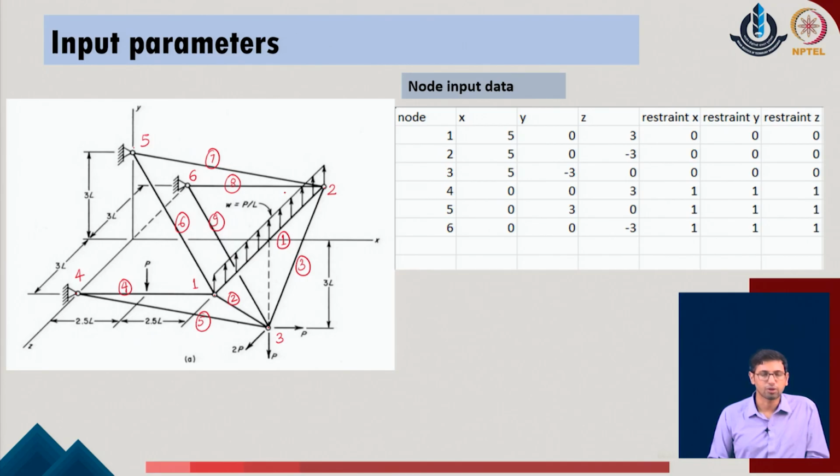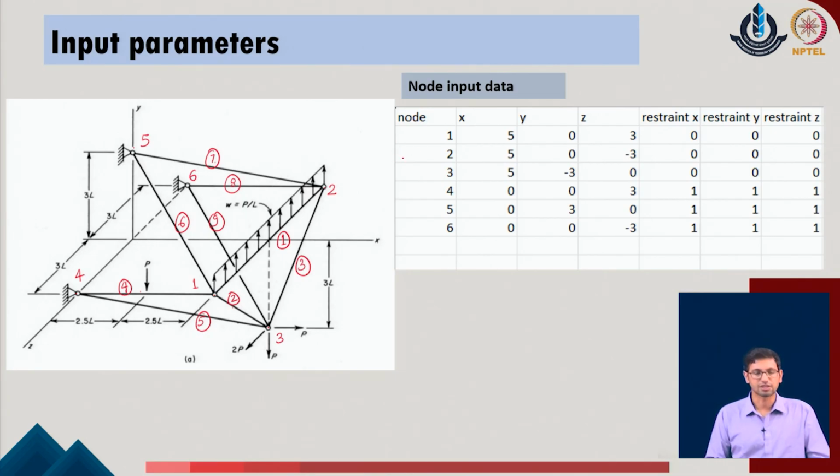Then when we look at the members, we have multiple members connected, starting with member 1, member 2, 3, member 4, 5, 6, 7, 8 and 9. We have already discussed that the choice of member numbering and node numbering is up to the user. The user can label it as per their own wish, unless it is defined beforehand. Like in this problem we already said that members 1 to 3 have different areas, so one needs to understand which are those members 1 to 3 in the system, but otherwise this numbering can be done in any particular order.